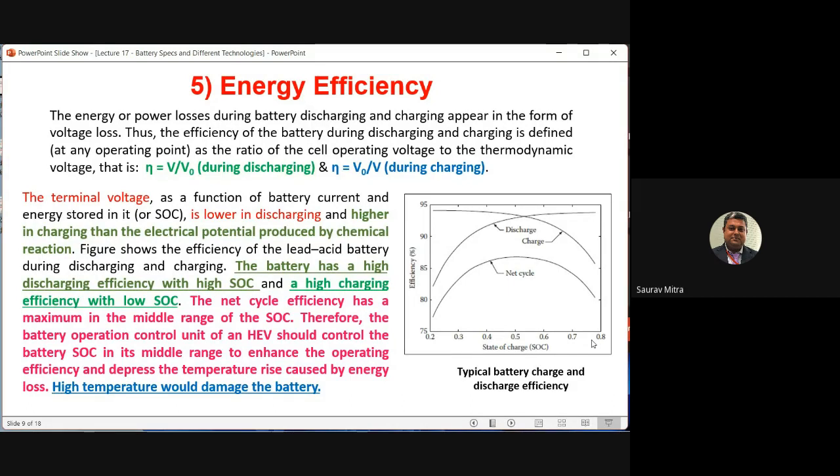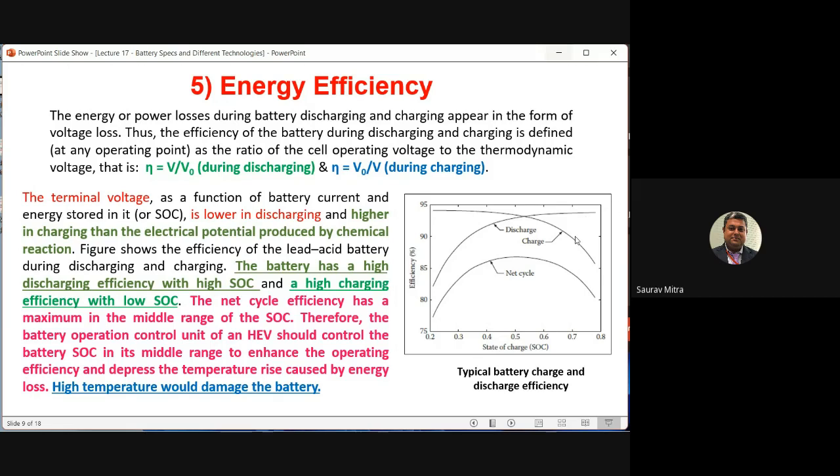So there is a contradictory fundamental, and this is difficult to understand. So this graph you have to understand very properly. Whenever the battery is discharging, just see this characteristic. Battery is discharging means initially it is discharging at a very slow rate, meaning it is not able to give more current at the output. In that case efficiency is very low. So at very high discharge, you are finding the battery efficiency is high.